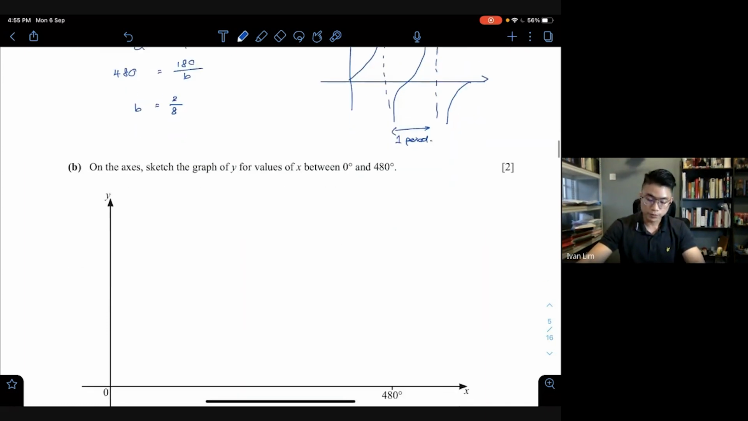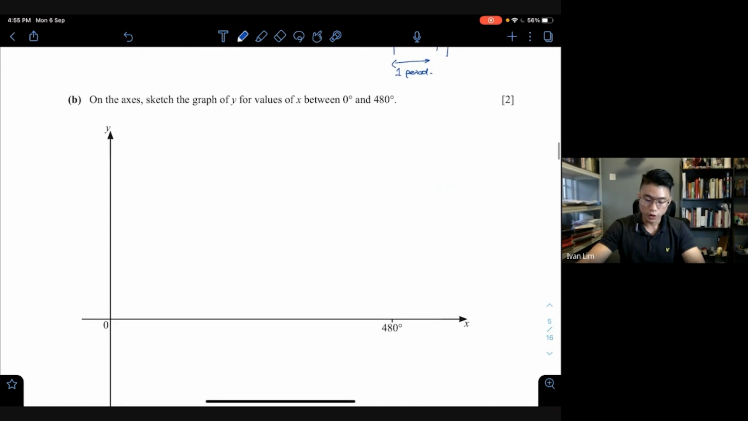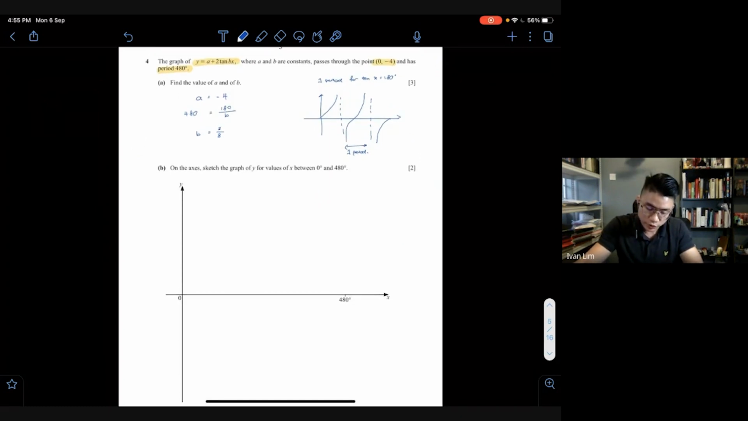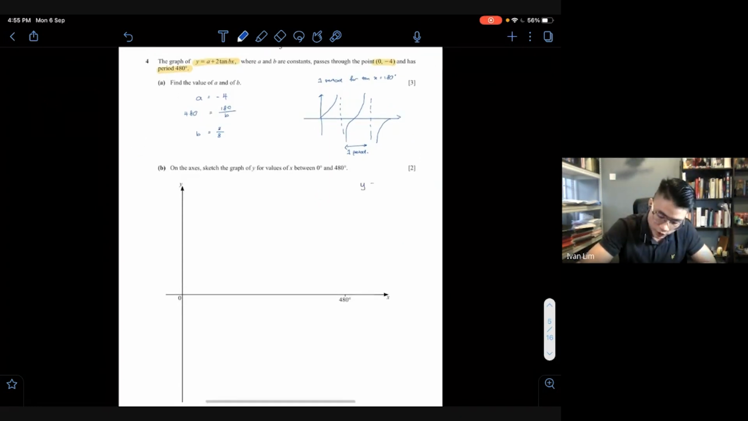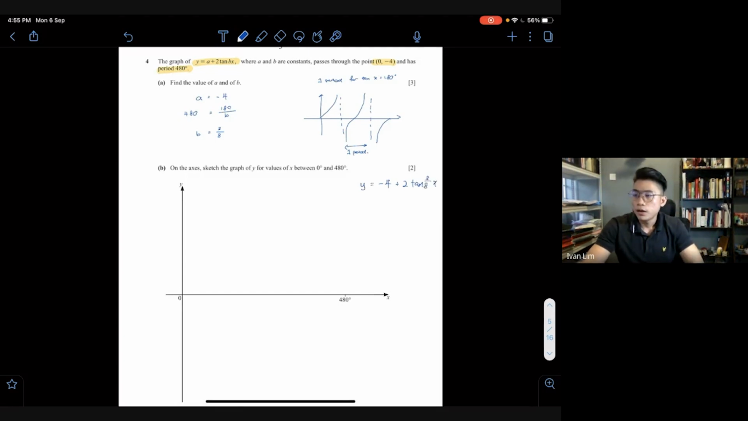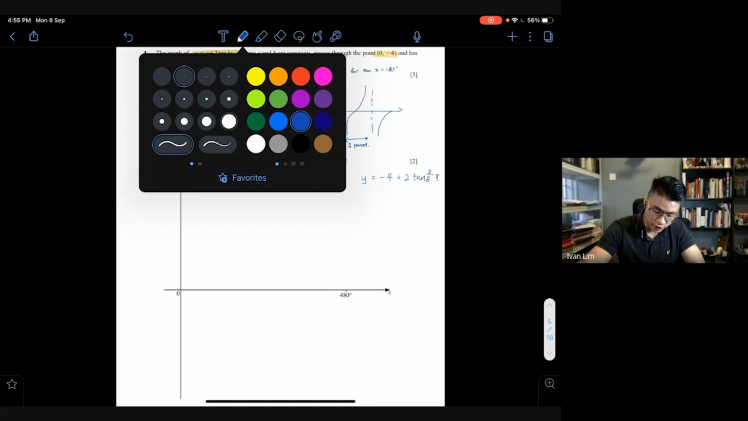Okay, then look at question B. On the axes, sketch the graph of y for values of x between 0 and 480 degrees. So what we want to sketch is y equals -4 plus 2 tangent 3 over 8 x, right? Okay, so now you see, 480 degrees is one whole period. Okay, one whole period. And if you see the original tangent graph, as I draw over here,